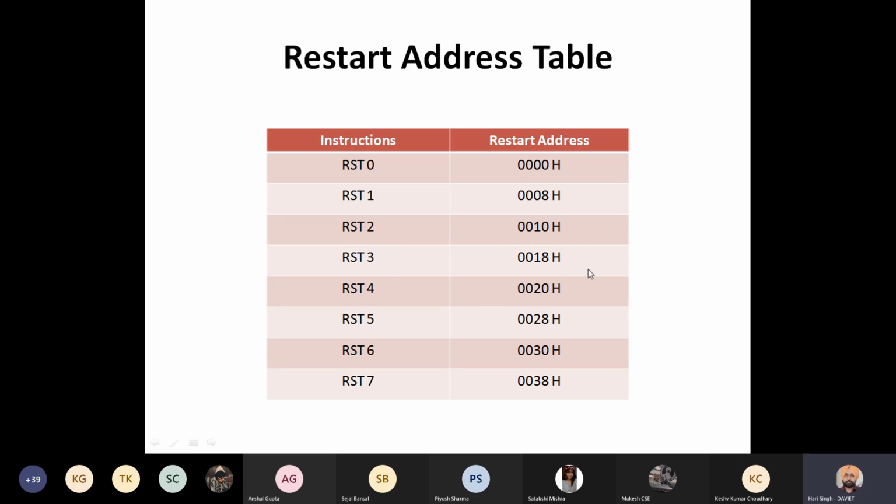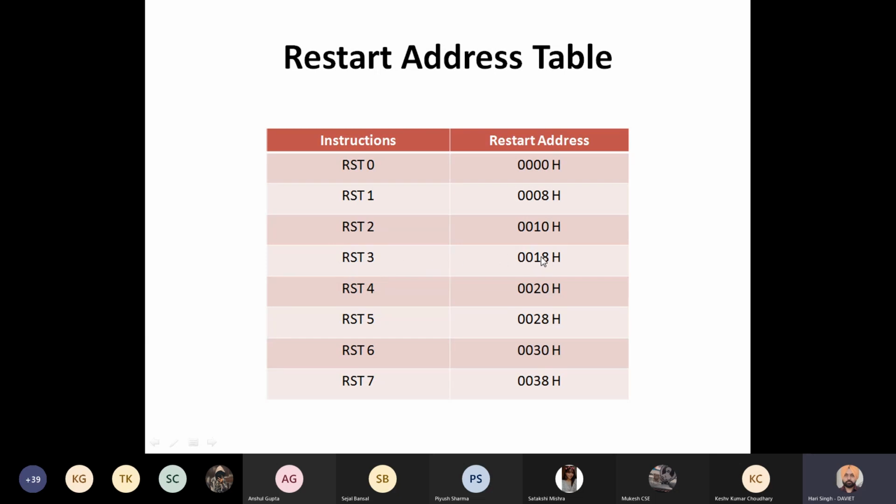So these addresses remain fixed. These are dedicated addresses to the RST. For example, in any program, if we have written say RST3 in between the program, then the microprocessor will transfer control to 0018.